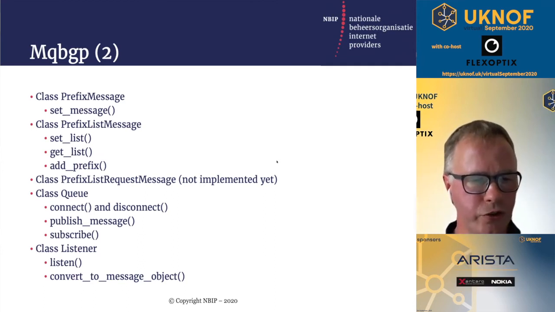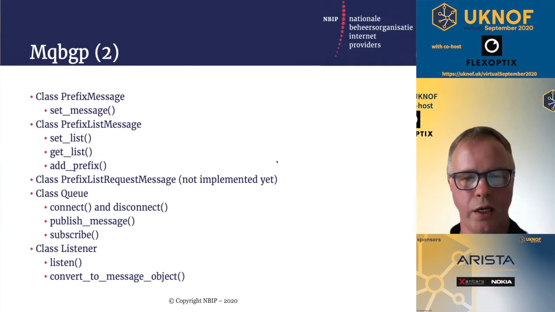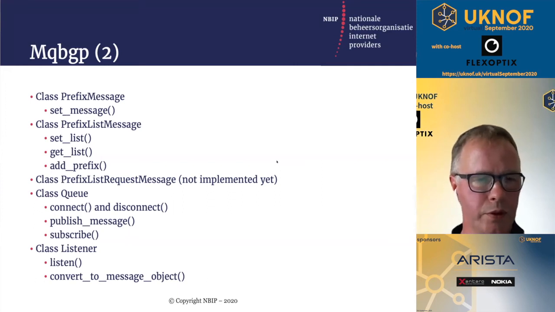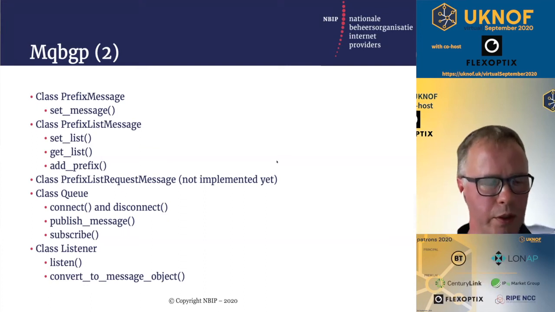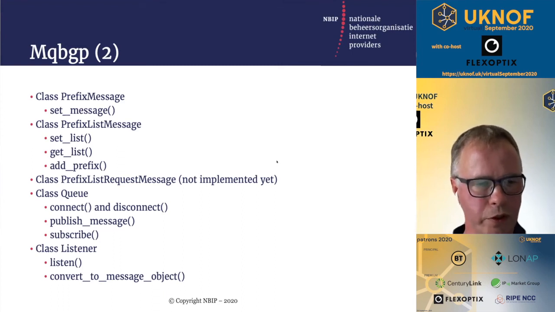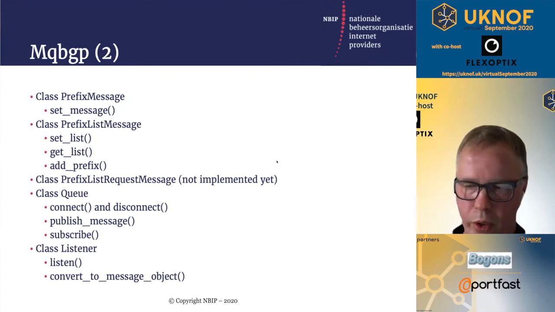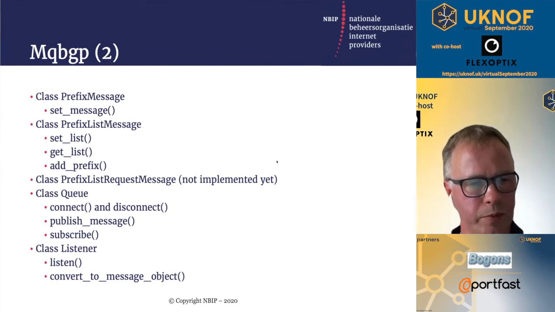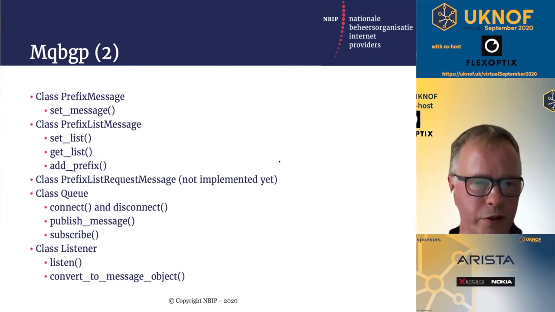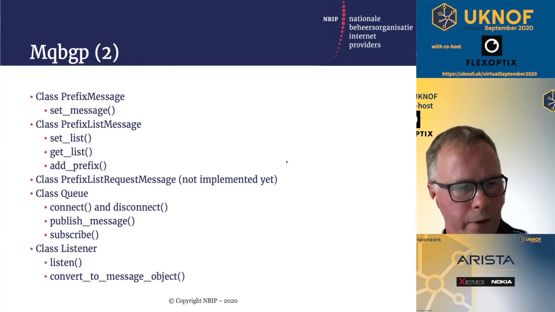And with a prefix list request message, someone can ask this system, please give me your prefix list. It's optional to implement it. So if someone sends a prefix list request message on the bus and no one keeps track, then there will be no answer. If a system keeps track of the list, then it can answer this message. It gives some form of state of the current prefixes that are advertised on your network.